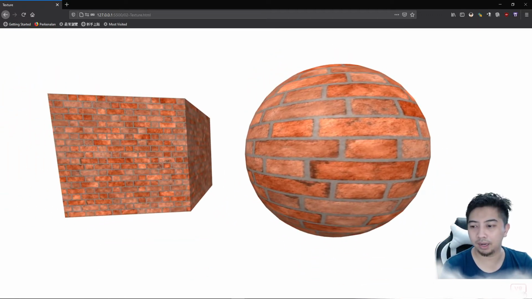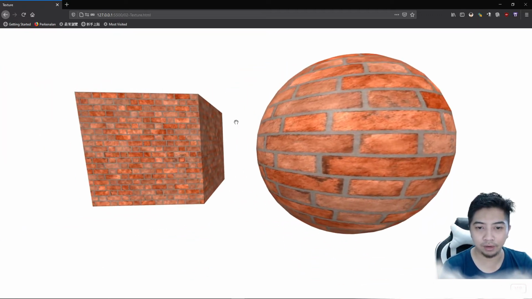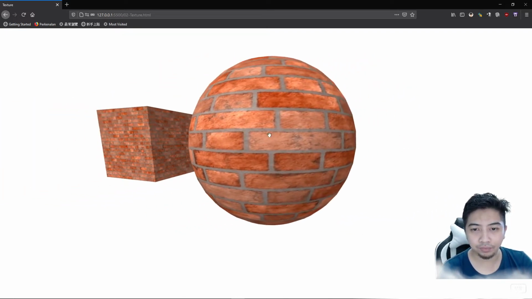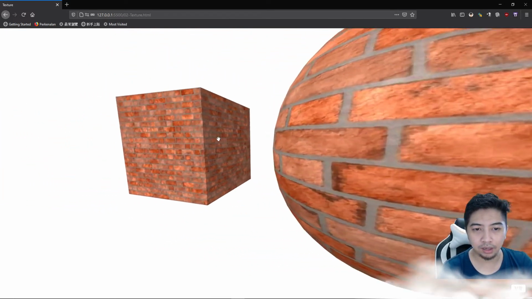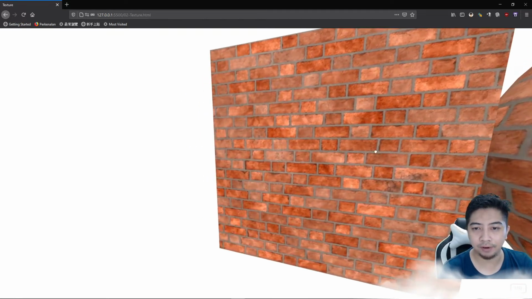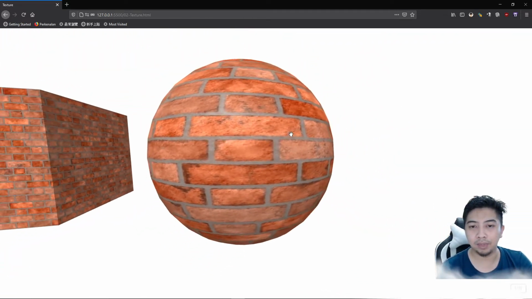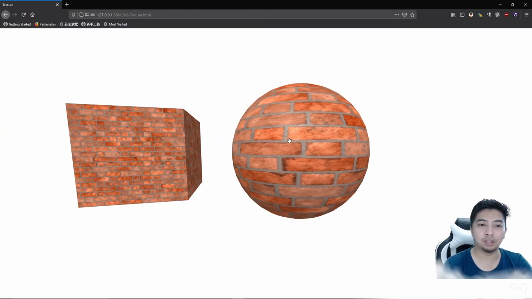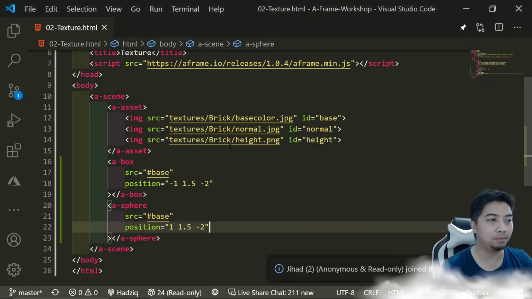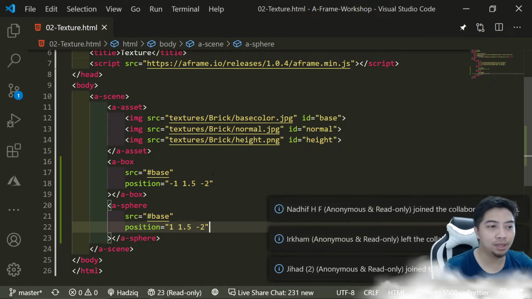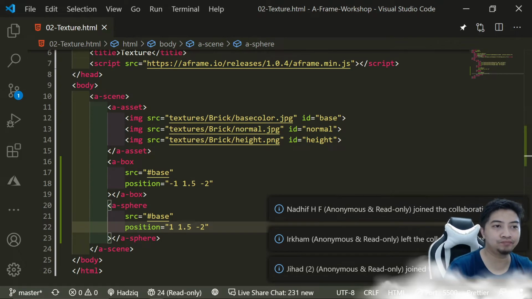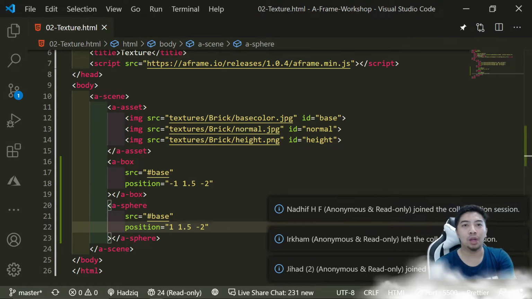I deactivate the VR for now. So this is the result. It's a bit different. I think their texture implementation on the sphere and the box, but the way we do it is pretty much the same or exactly the same. So these are the two things that we need to apply